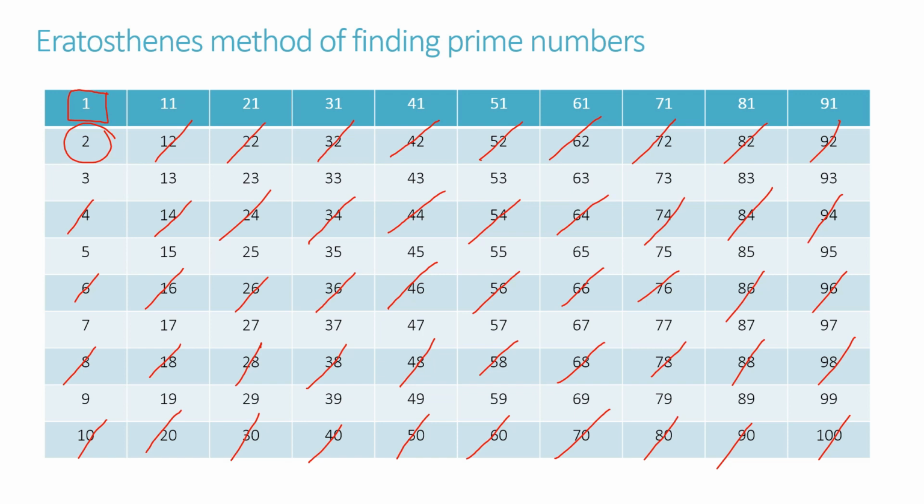Now the first number after 2 not yet struck off is 3. So 3 is a prime number here. Draw a circle around 3 and strike out all the multiples of 3. Now 3 is already circled. Now strike out all the multiples of 3. Start from 6, 9, 12, 15, 18, 21, 24, 27, 30, 33, 36, 39, 42, 45,